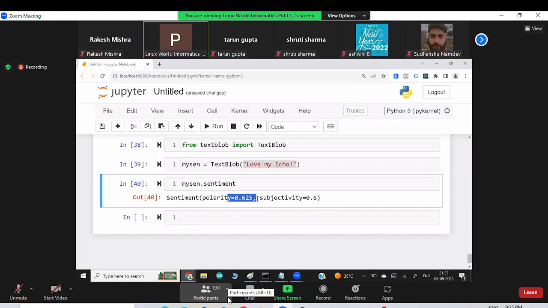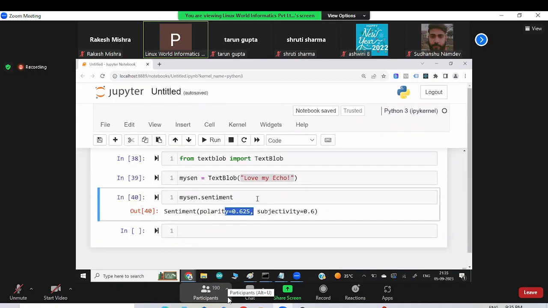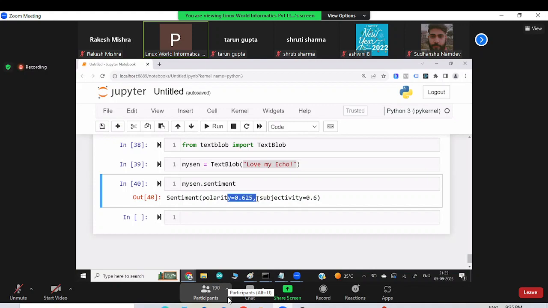And by looking at all the reviews, if everyone is talking with polarity more than 0, positive, it means the product is good. But if most of the polarity of the reviews is on the negative side, this means they have some challenge in the product. And if there is a lot of subjectivity close to 1, far from 0, it means a lot of people have given their opinion about the product. Maybe they're giving some opinion on how to make this product better. So we have to analyze this, right?